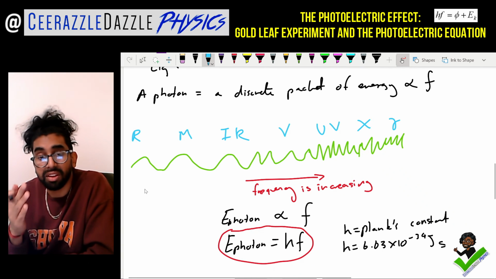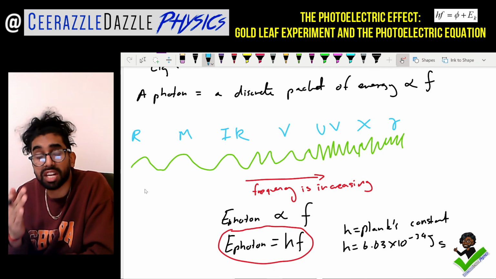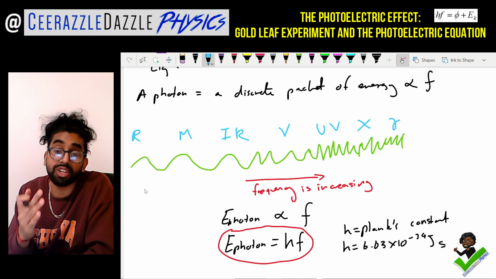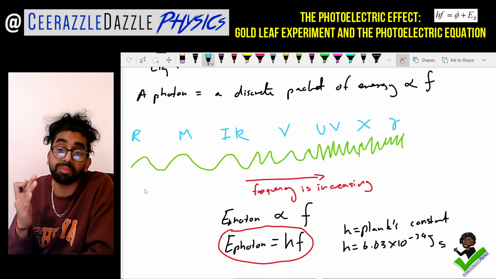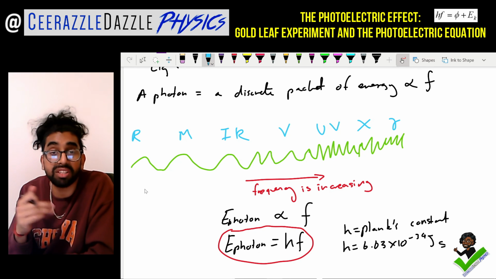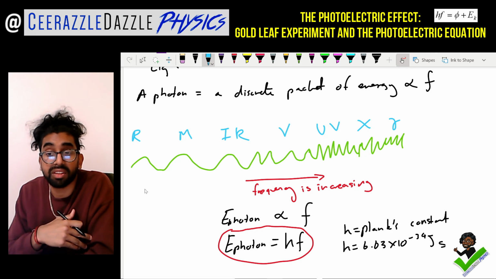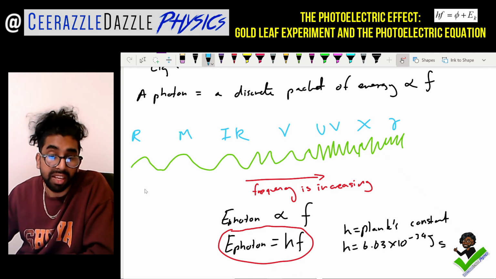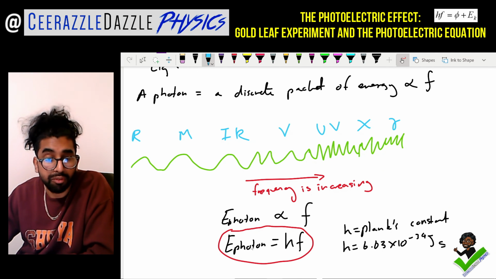Relating it together, the energy of the photon is equal to a constant times the frequency. That constant is Planck's constant, which is 6.63 times 10 to the minus 34 joule seconds. Then we said that we're going to take this energy of a photon equal to hf